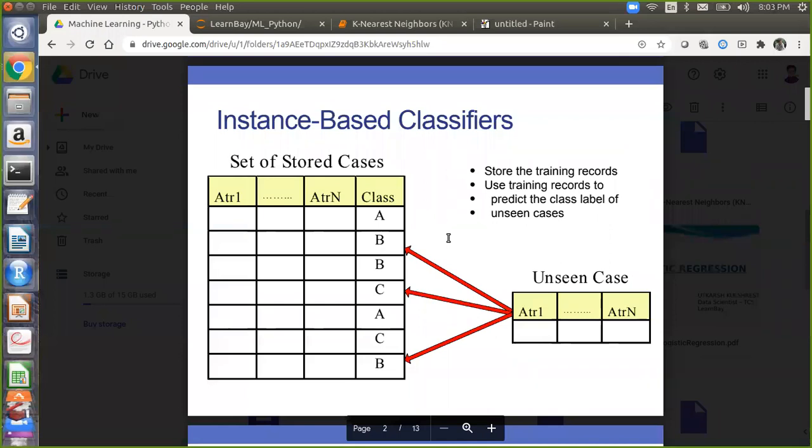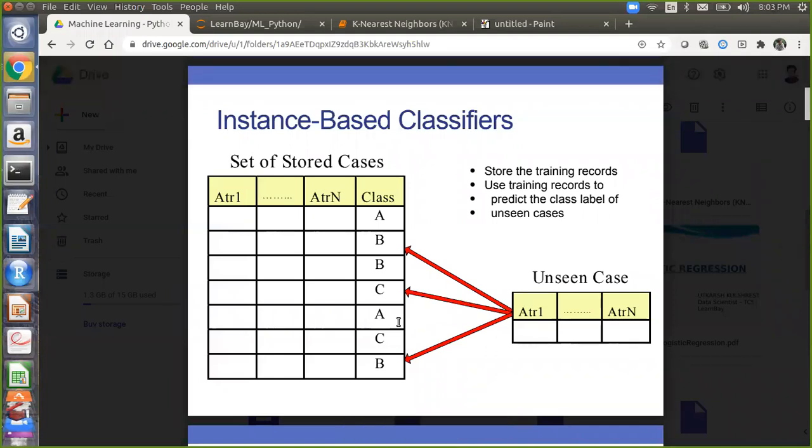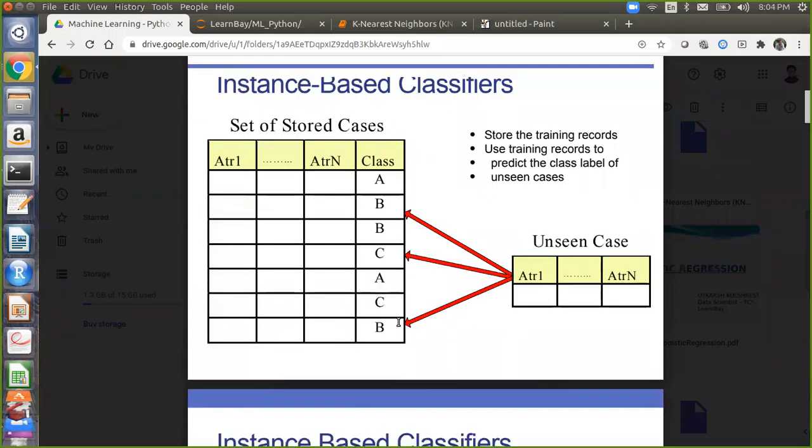Basically, they store the training records and use them to predict the class label of unseen cases. So you have a data set available where you have the classes of the data, like class A, class B, class C, and then it does the classification from the CSV file, and on the basis of the features it matches them and makes the predictions. So those are called instance based classifiers.